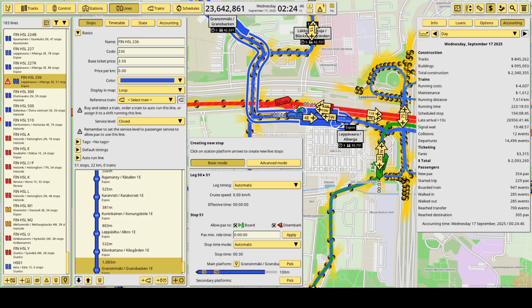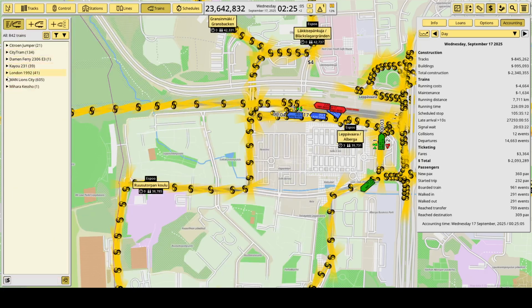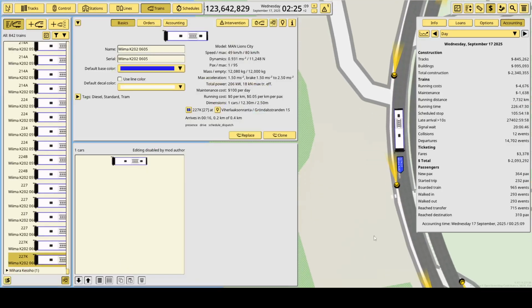Roads created, line ready. And then let's see how often it runs. Hourly. That's a nice amount. And let's go to buses, or trains as they are called in this universe, where every train is a bus and every bus is a train.